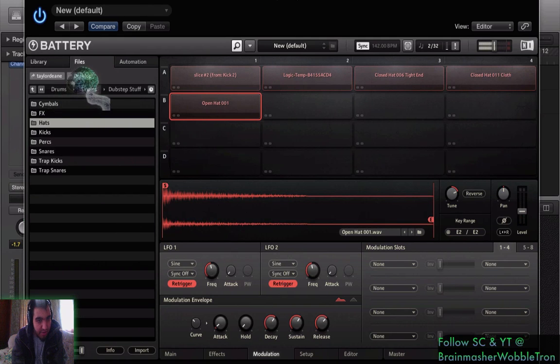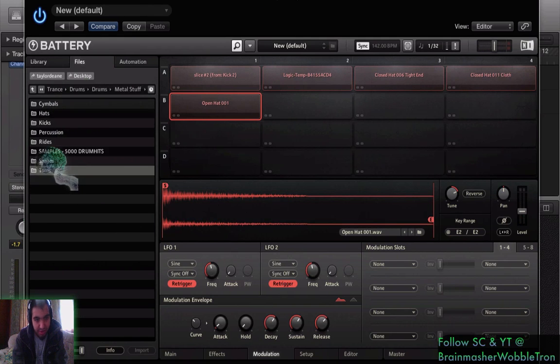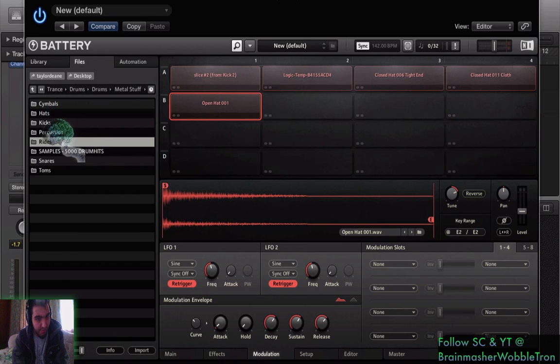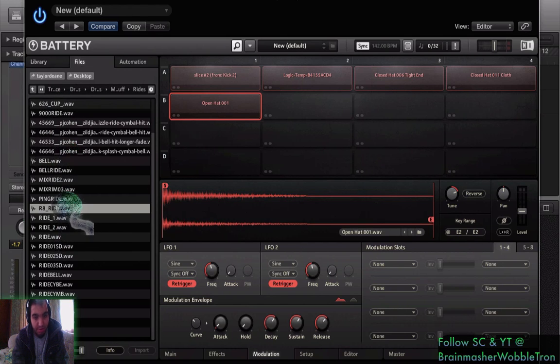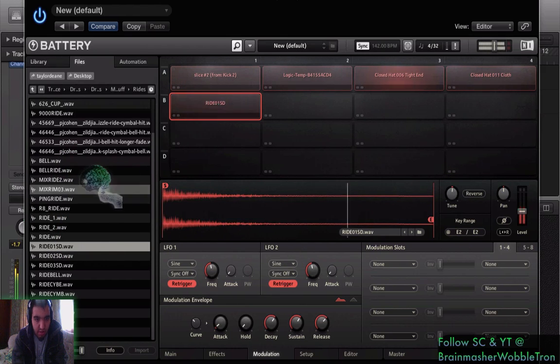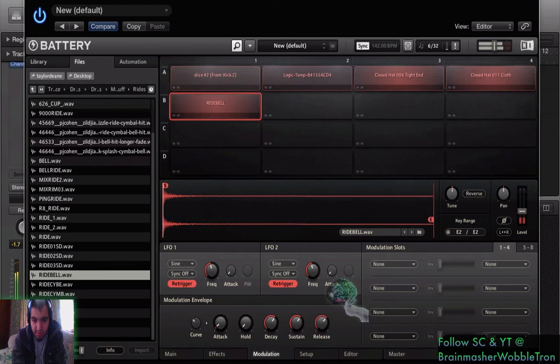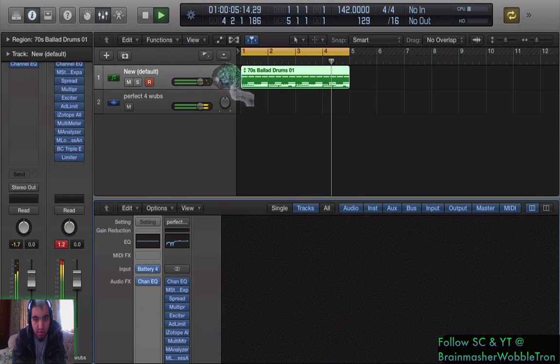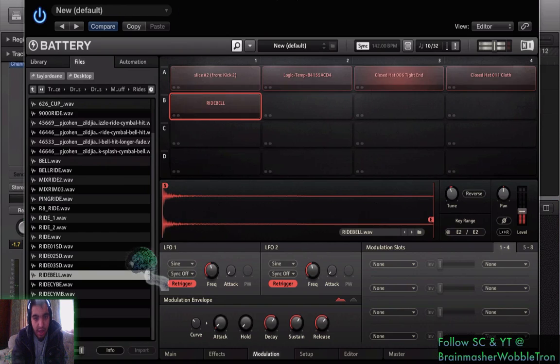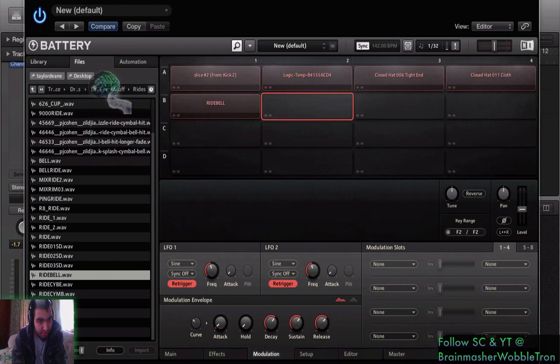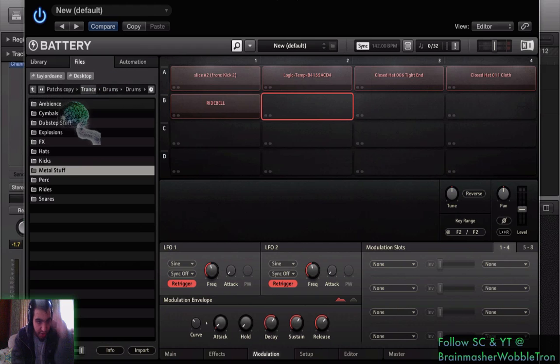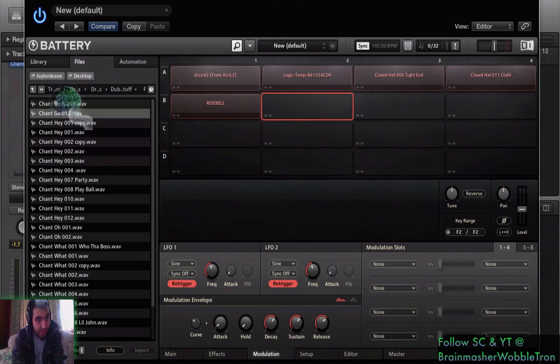Actually, no, I'm going to go back to the ride. So I actually put all my rides into metals because I make some metal stuff as well, and I have a whole bunch of downloaded rides here. So that's a rim shot. And I'm also going to load in some shout samples from my dubstep, and these are stuff like,